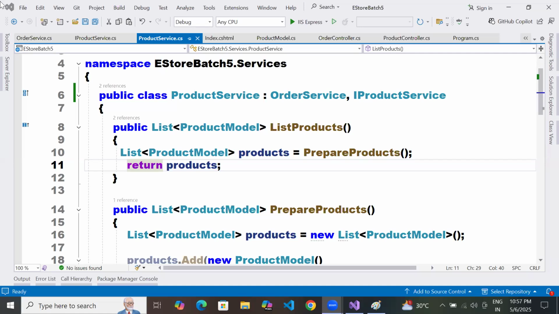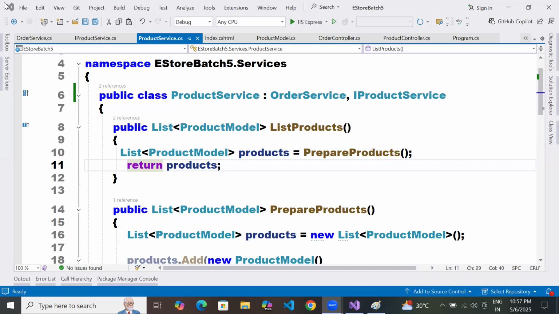Sir, due to IOC, we are unable to register that interface for multiple classes.